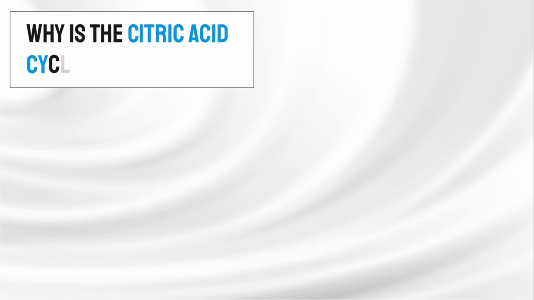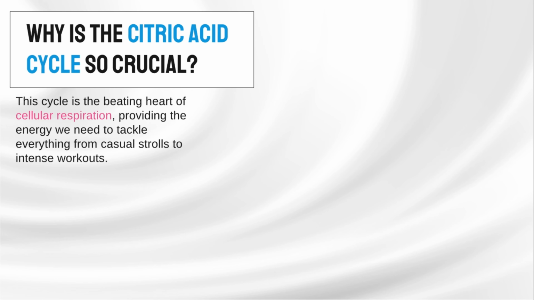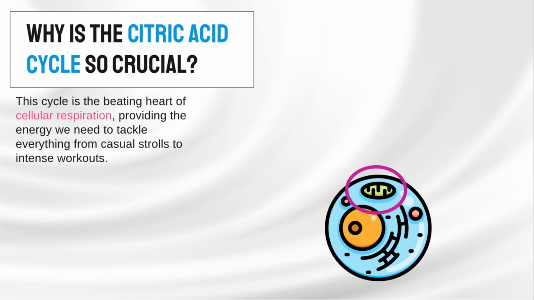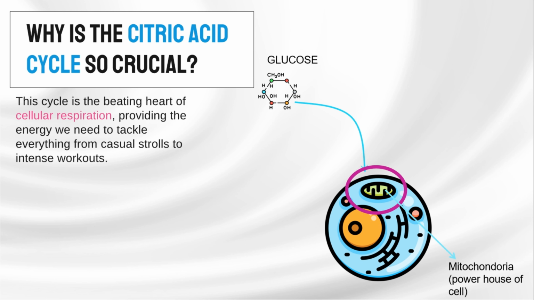Now, why is the citric acid cycle so crucial? Picture it as the powerhouse of the cell, where biochemical magic happens to transform nutrients into ATP, the currency of energy that our bodies rely on. This cycle is the beating heart of cellular respiration, providing the energy we need to tackle everything from casual strolls